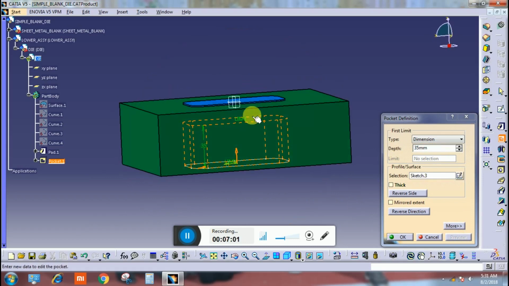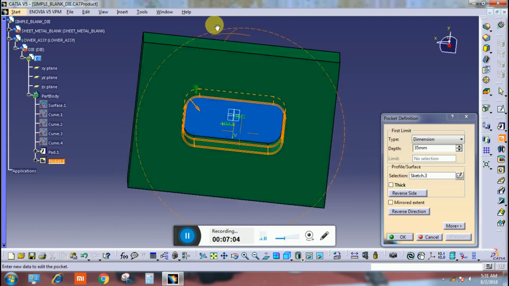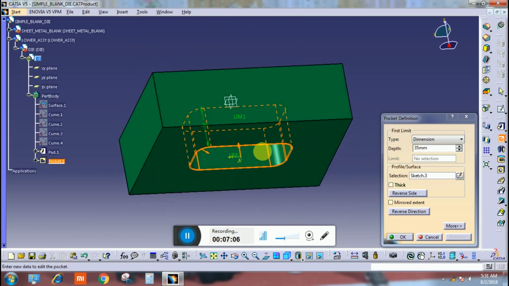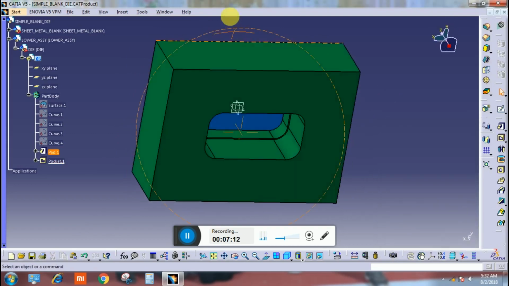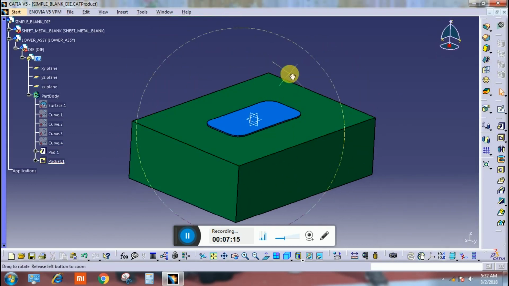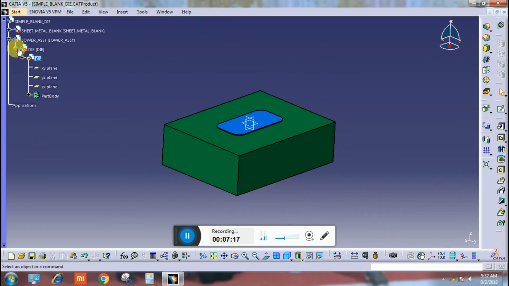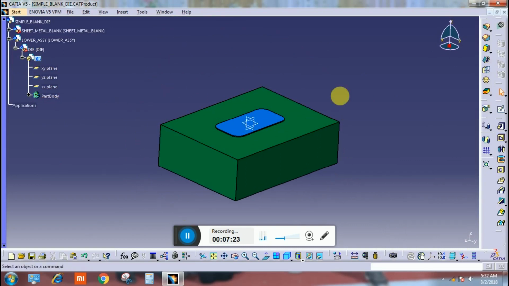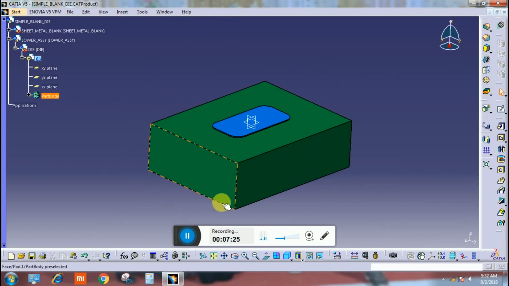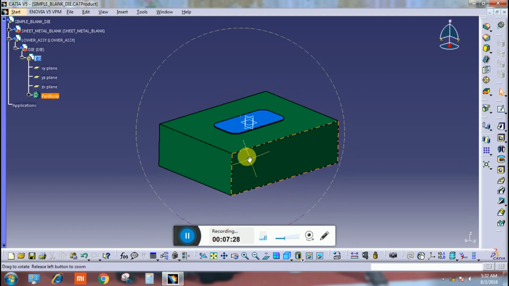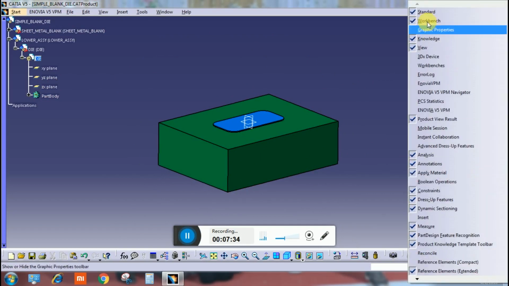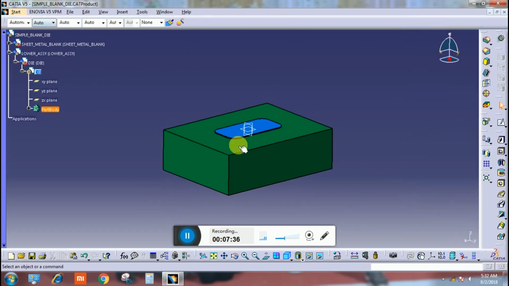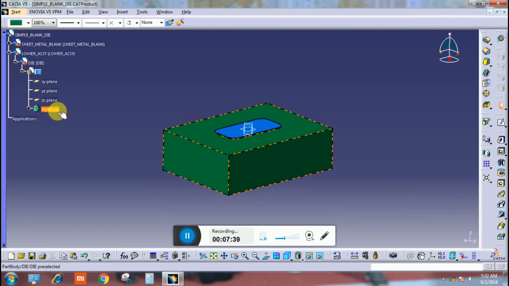Okay, so this is die ready for operation. Click your graphics, graphic properties, select the part, click on view, of transparently.